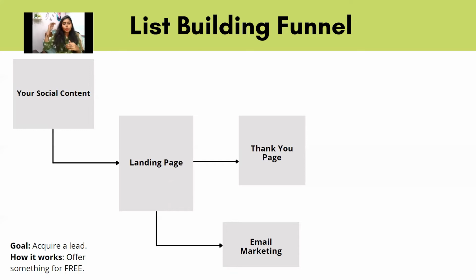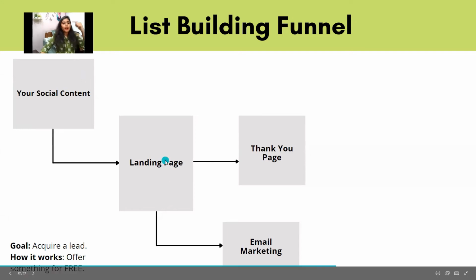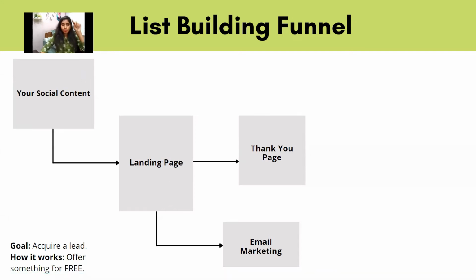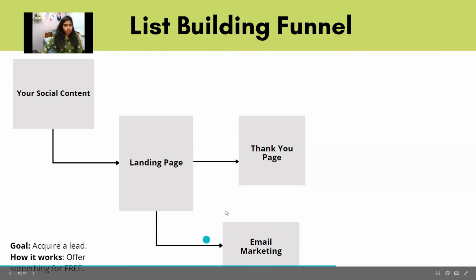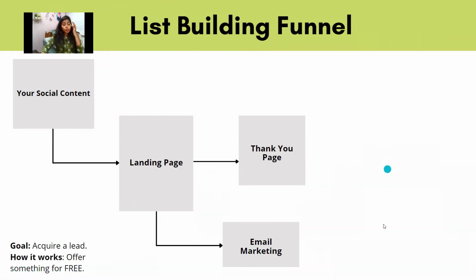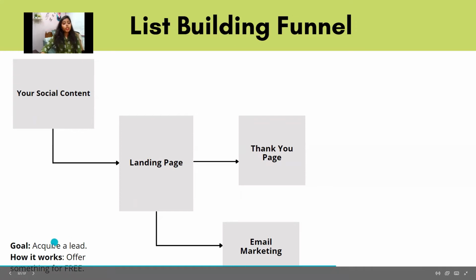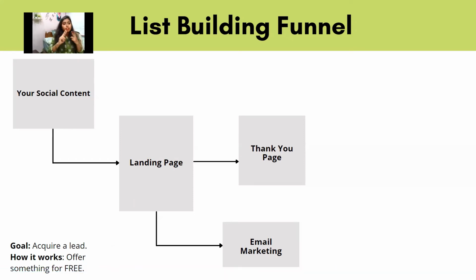So how do I do that? I basically give you the link. You guys go there, you click on the link. You have a landing page there. ठीक है, आप वहां पे अपना email ID नाम देते हो और वहां पे आप सब्सक्राइब कर लेते हो, and then you go to the thank you page. तो आपने वहां पे मुझे अपना डेटा दे दिया, and then you are into my email marketing list right now. तो वहां से मुझे फ्यूचर में कुछ भी अगर emails भेजने हैं तो I'll send you the emails like weekly newsletter etc. But the overall purpose here, जैसे मैंने यहाँ पे लिखा है, the goal here is to acquire a lead. ठीक है, by giving them something for free, ये भी कर सकते हैं. ठीक है, तो ये दो different types के रहते हैं.